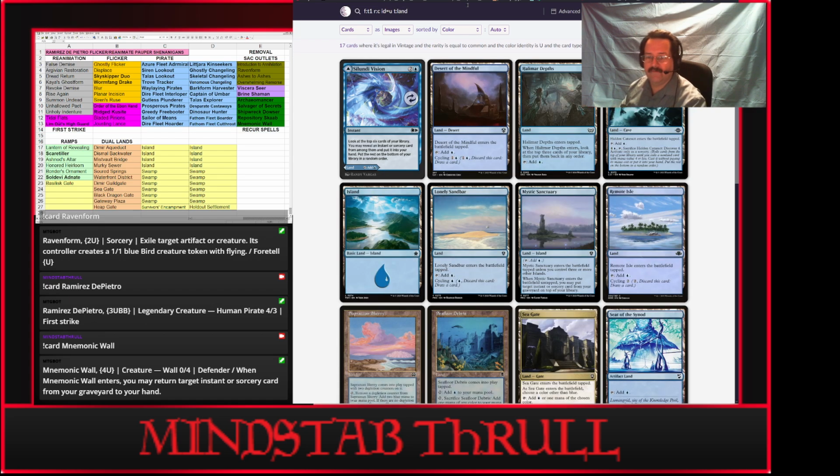Let's start off with blue lands. Mystic Sanctuary I can play. I don't have any way to fetch lands. I've only got 4 slots left. I probably want to go...